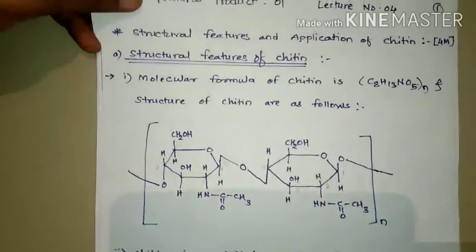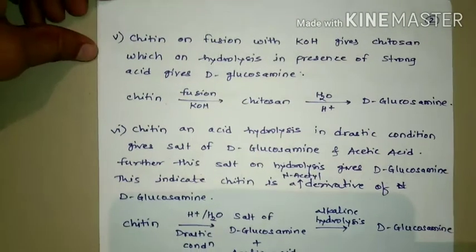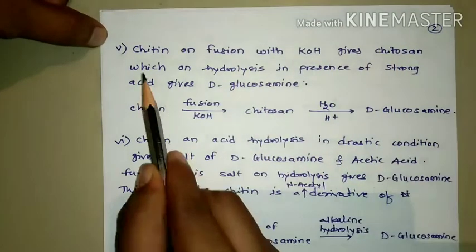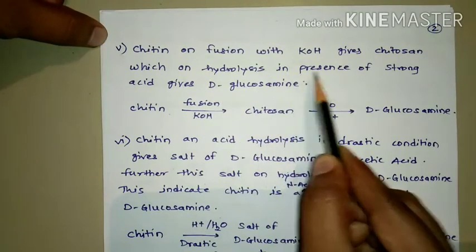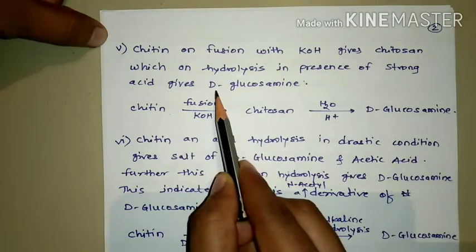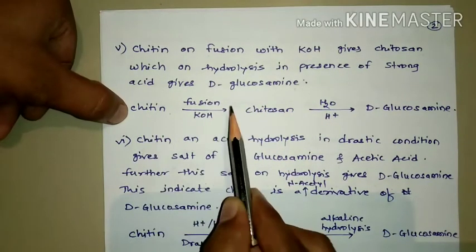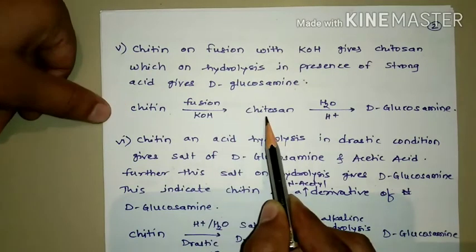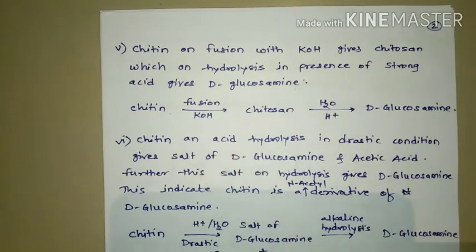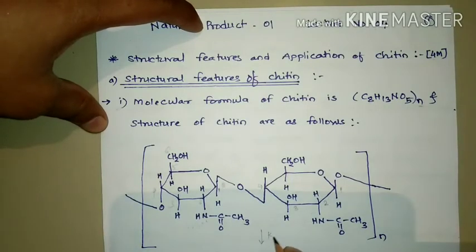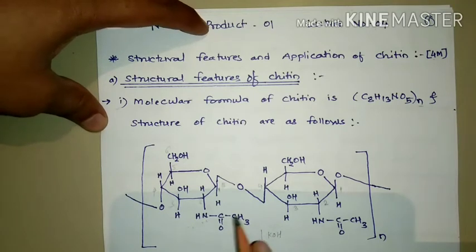Then the next point is: chitin on fusion with KOH gives chitosan, which on hydrolysis in the presence of strong acid gives D-glucosamine. Let us see it in reaction form. Chitin fused with KOH gives chitosan. What is meant by chitosan? Let us see the structure of chitin. When this chitin molecule is fused with KOH,